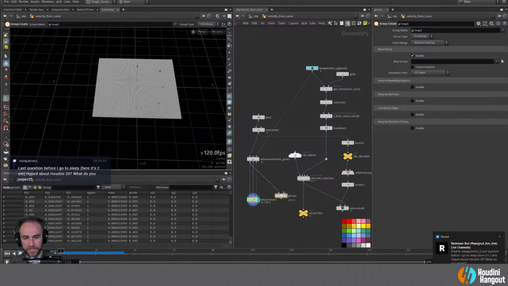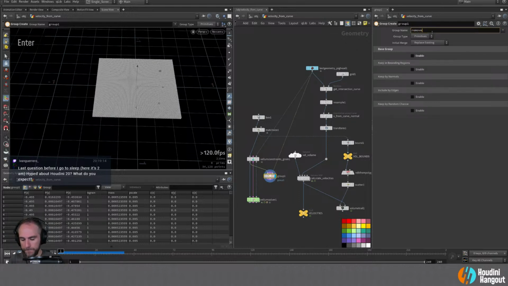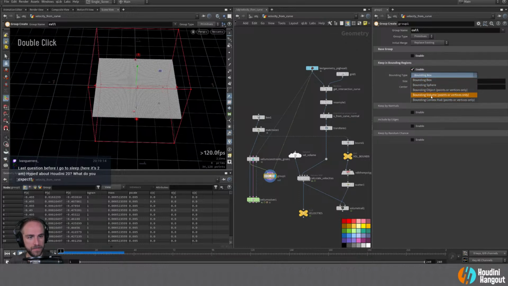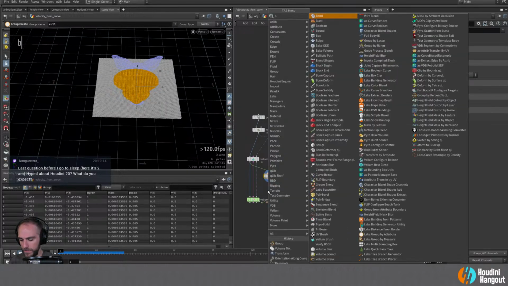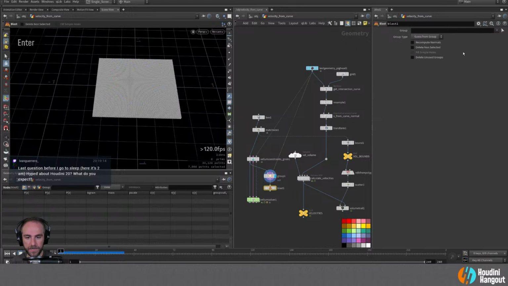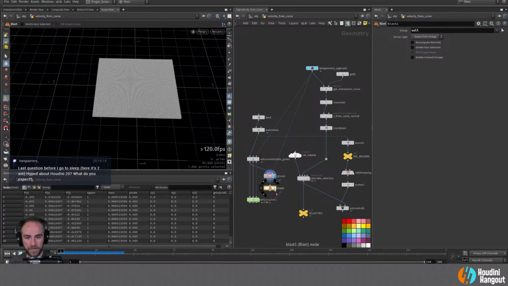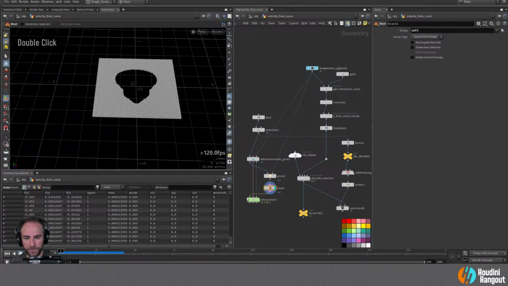Let's do this. Source data, this. Actually, I'll do something like cull. Bounding regions, bounding up. We have some points. I'm going to do a blast node here for cull. Then we'll throw this